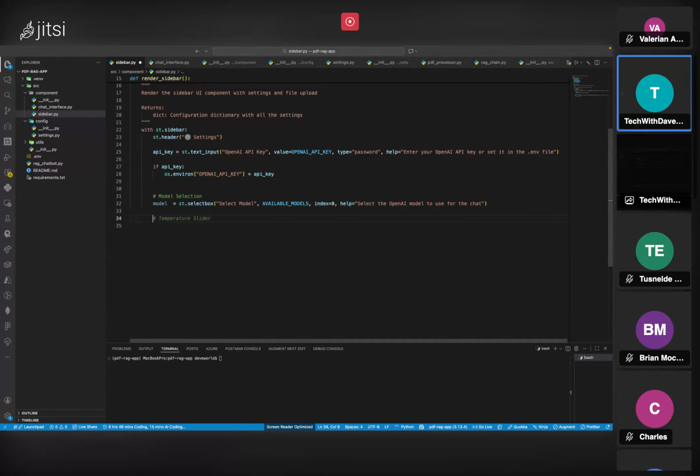And what we can do now is the advanced settings. For the advanced settings, we're going to allow the user to pass in the chunk size, play around with the chunk size, the chunk overlap, temperature, and the K chunk. So let's go ahead and do that. We're going to do advanced settings, and for this, let's add with sidebar,